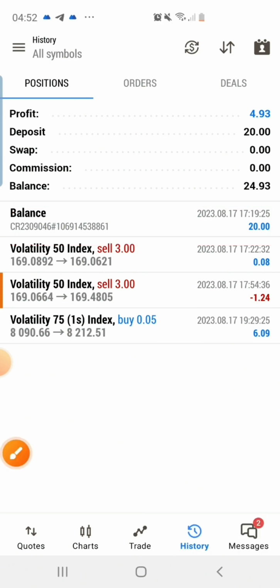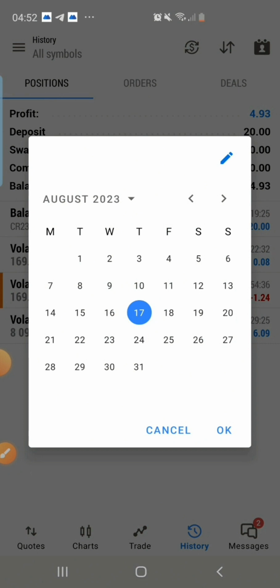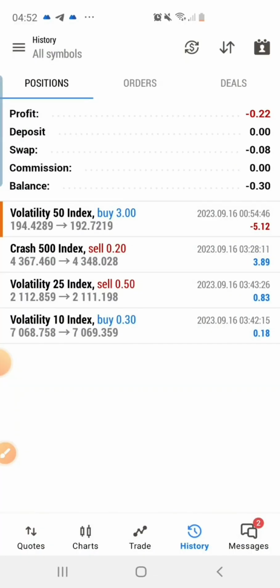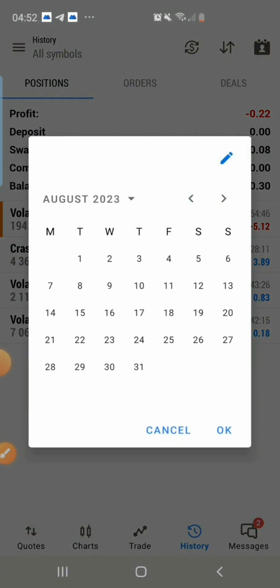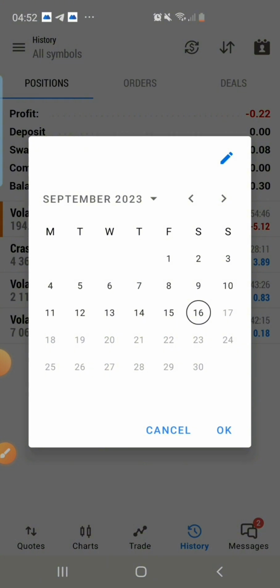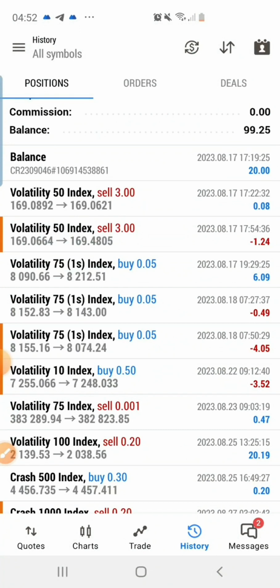Now I want you to pay close attention. I'm going to customize this from 17th. Okay, from 17th I will take it to today, which is 16th, right? Almost 1 month, guys. I just wanted to customize from 17th of August all the way to 16th. Good. So this is from 17th of August to